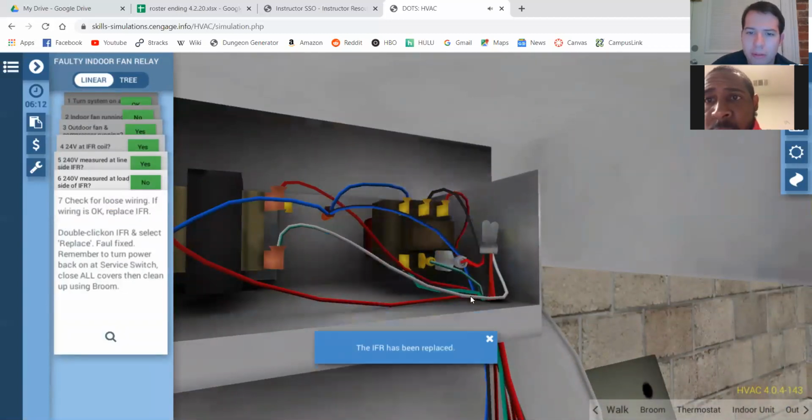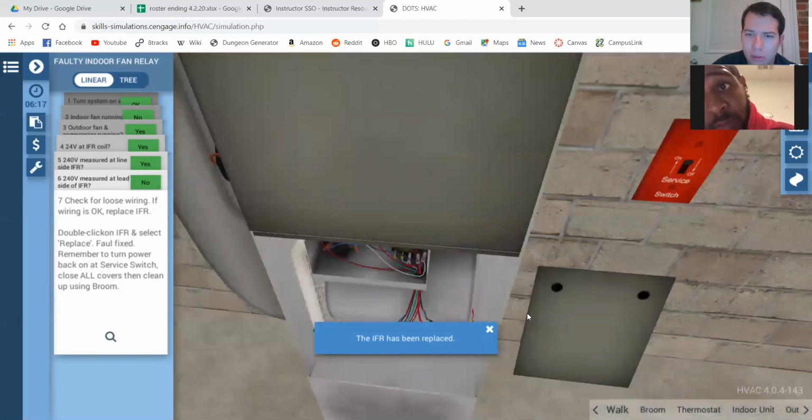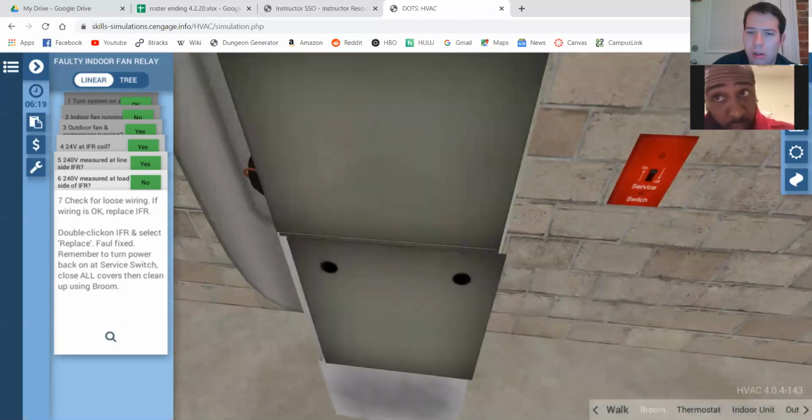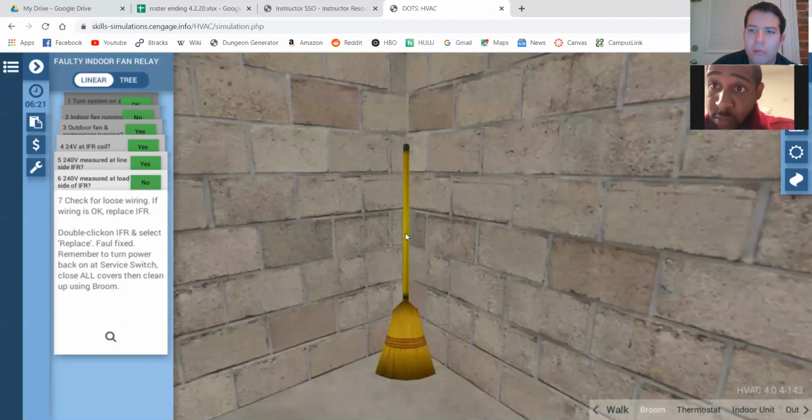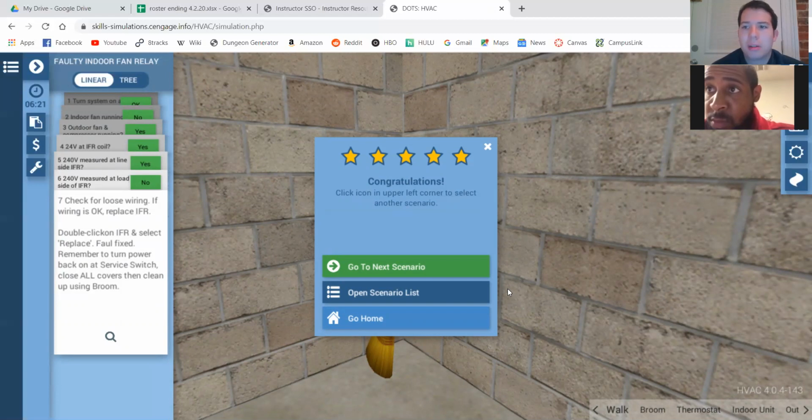All right, we've only got a few things left to do before we ever finish our calls, or these are ever really done. Close up your units. And always go to the broom, clean up after yourself. Whenever you're on a call residentially, you want to make it where no one ever knows that you were there except for the person that was at the house at the time. You want to have it where whoever was out during the day, whether it was the husband or the wife or whomever,